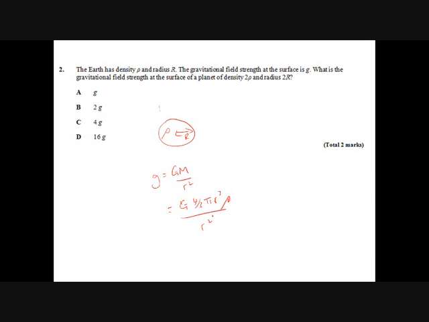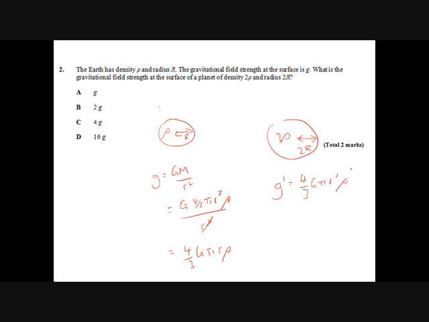Okay, the quick way to do this is to notice that the r squared cancels out with 2 of those r's there, and we end up with 4/3 G pi r rho. Okay, here's our second planet here with a radius of 2r and a density of 2 rho. So if we do the same thing here, our new gravity g dash is 4/3 G pi